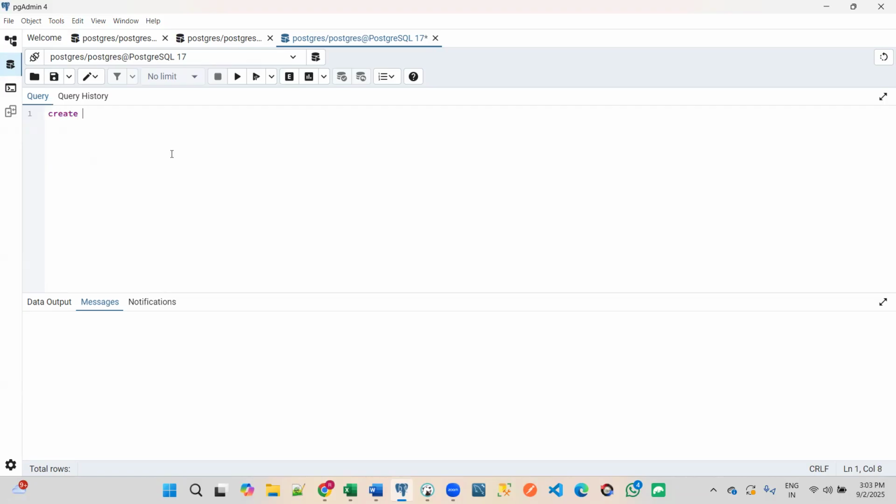So create or replace procedure dynamic_create, and here p_table_name text, language plpgsql, and as